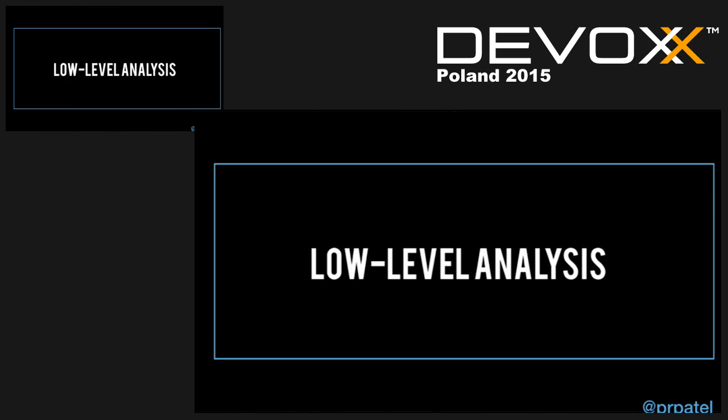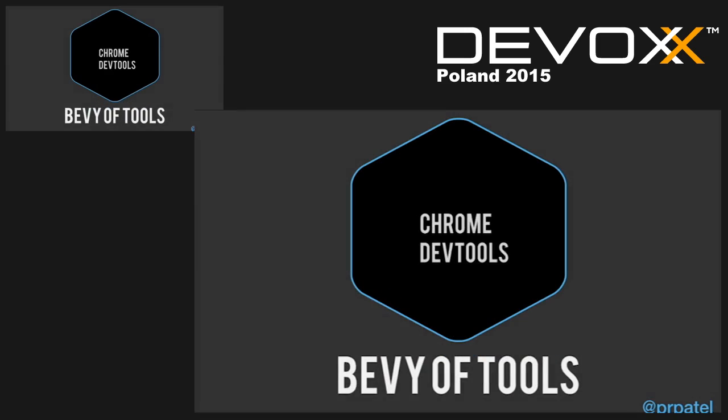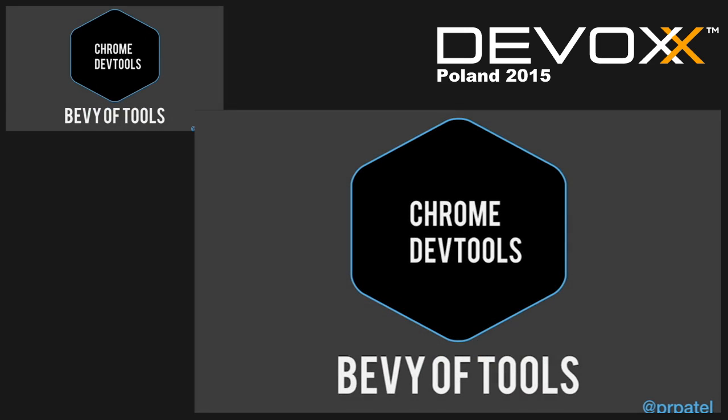Okay, so when we also think of other things we need to do, we eventually get to a point where we need to do some low-level analysis, right? And this is typically the last thing you do. As a developer, your instinct is, okay, let's just jump at the bottom layer and start debugging this in the web browser and see why this thing is slow, right? But again, what we like to do is start high level. Let's take a high level performance measurement, get an idea of what's going on here, and then if we need to, go and dig down deeper and do a low level analysis, and typically we use something like Chrome DevTools